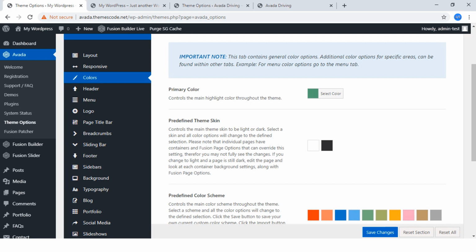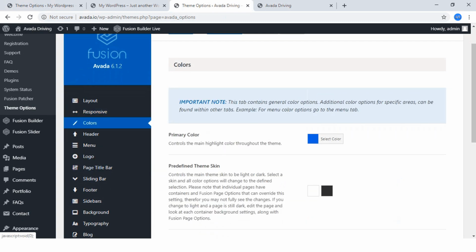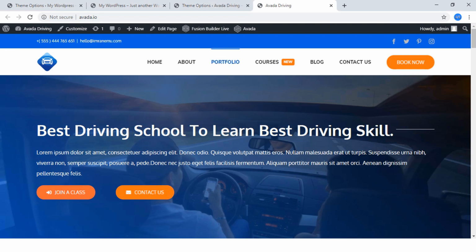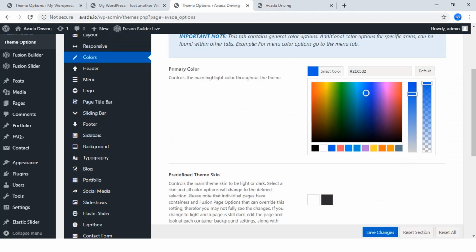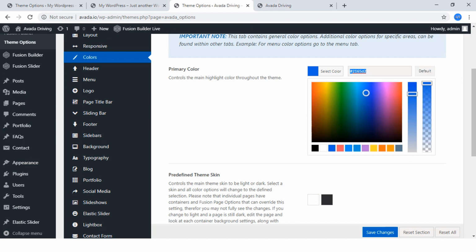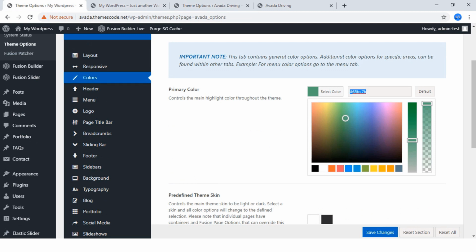This is the default primary color, but let's see our design. Click on it. Here is the primary color, and on the demo site you can see the primary color is here. So I'm going to get the color code, and for your tutorial, for your practice purpose, here you can see the color code is #2165D2. So I'm going to back here, set it here,